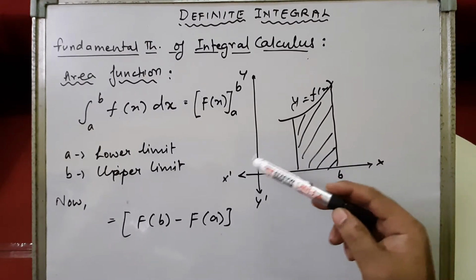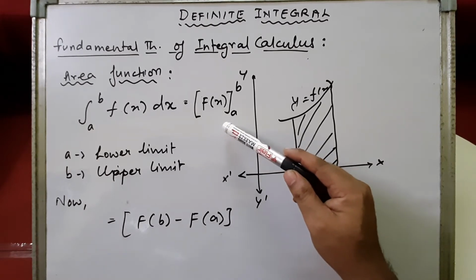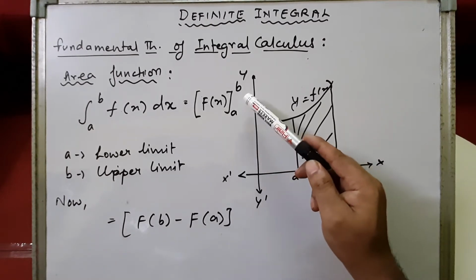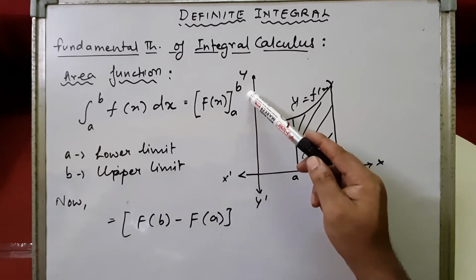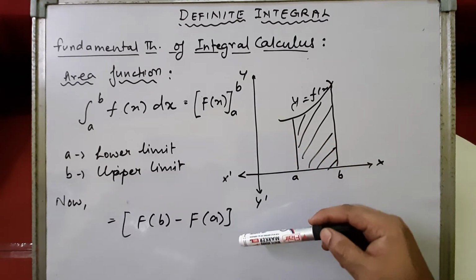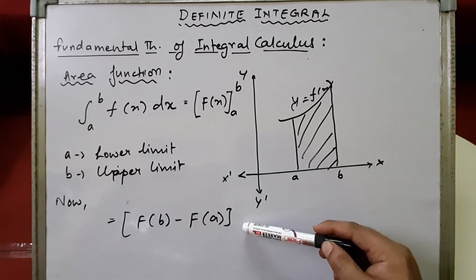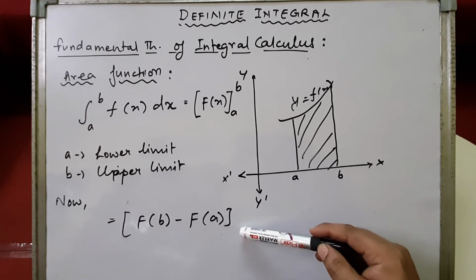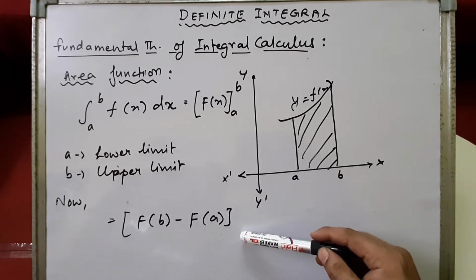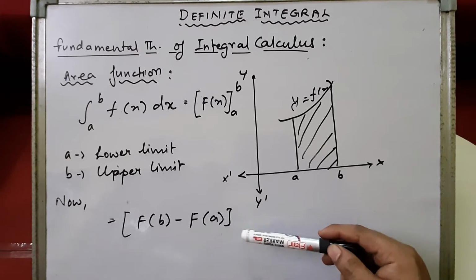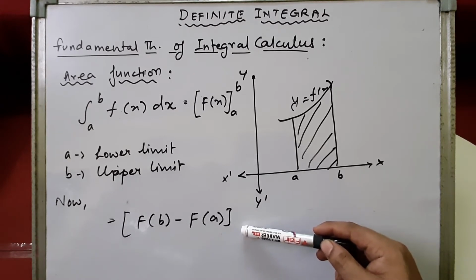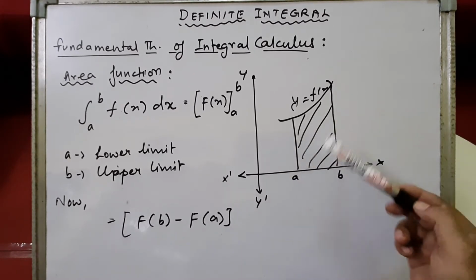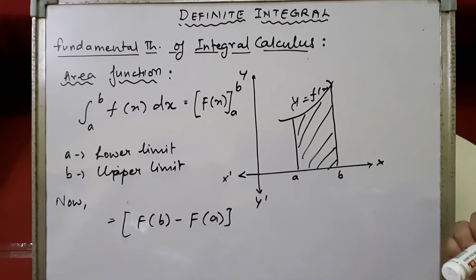So suppose the integral is capital F(x). For finding area, the lower limit is a and the upper limit is b. So we put the upper limit b minus the lower limit a in the integral, right? This way we can calculate it, and whatever value comes will be the area between the curve and the x-axis. And the value of a definite integral will be unique.